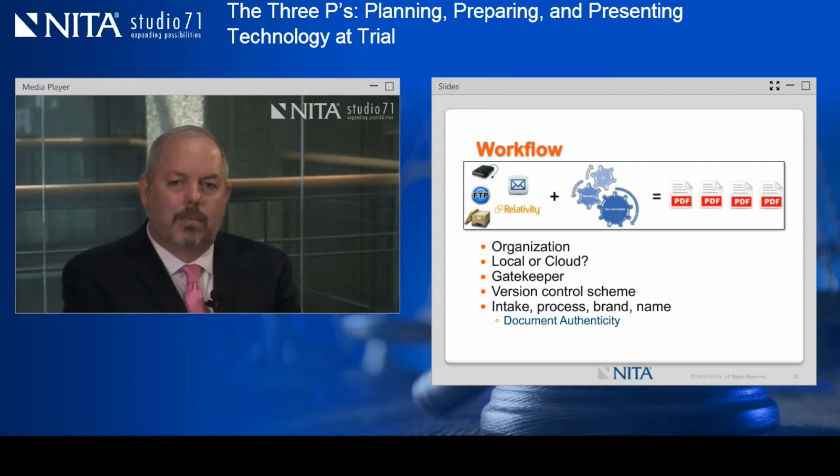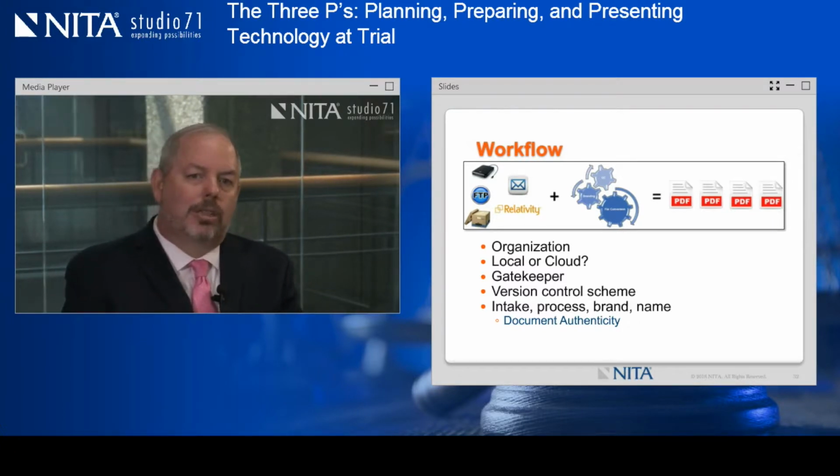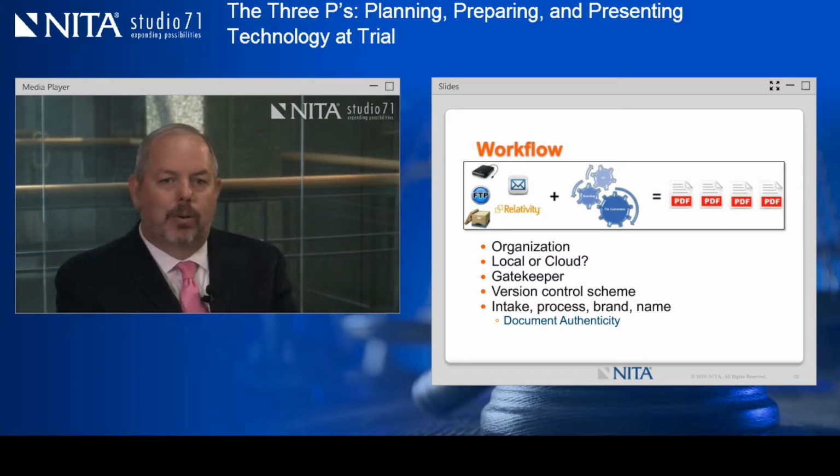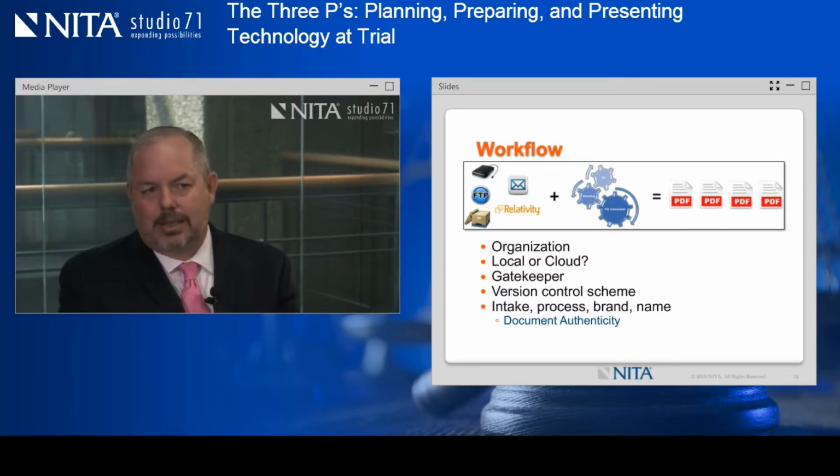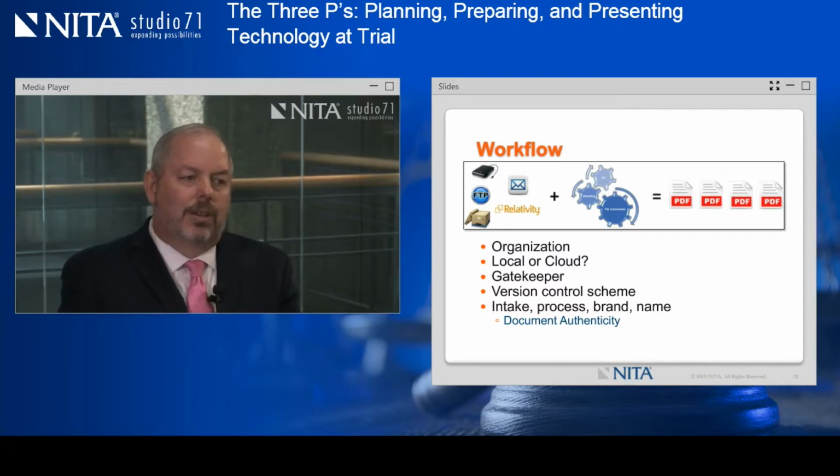You want to deliver the same work product over and over and over like a widget factory. Be sure to discuss the time frame and expectations for after hours and weekends. Perhaps the most important role at trial is the gatekeeper. And this is a person who should handle all exhibit handling and processing to ensure that exhibits are processed consistently and handed over to the trial tech and team, as exhibits are often lost or the wrong version is used